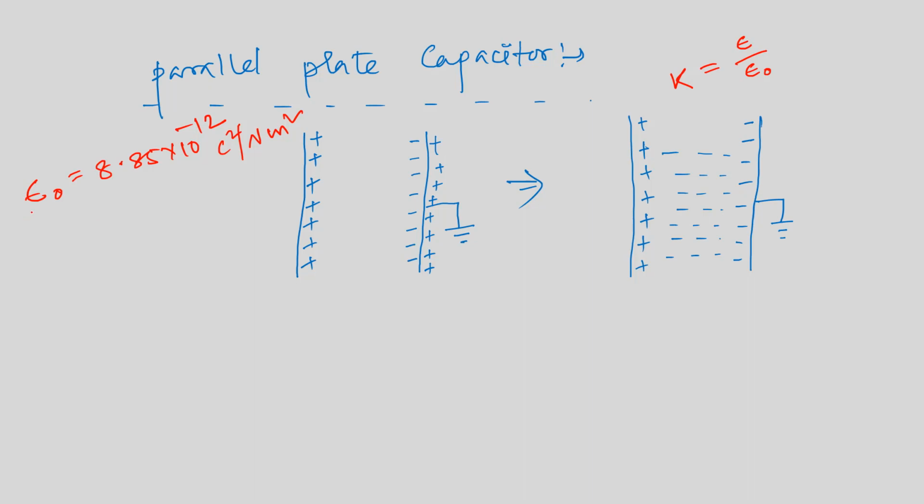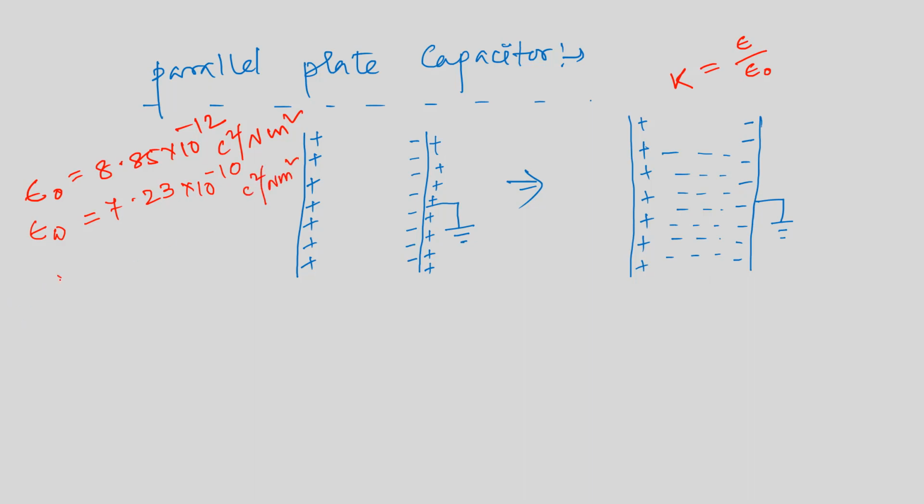That's why I assume that epsilon naught is less, but whenever the free space exists between the two charged particles, the force of attraction or repulsion will be more. Now, if I use the medium as water, then what will be the permittivity of water? This is approximately 7.23 multiplied by 10 to the power minus 10 coulomb square by Newton meter square.